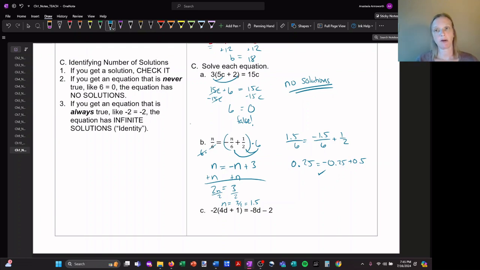So remember, it is possible to just get a one solution answer. This problem has one solution. And we've checked to confirm that it is in fact a solution. Last example,